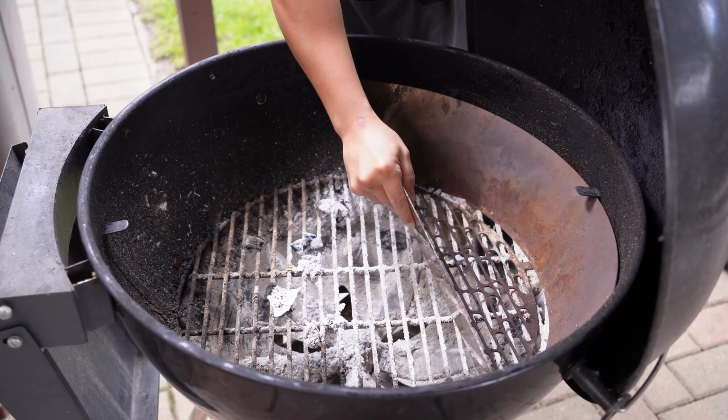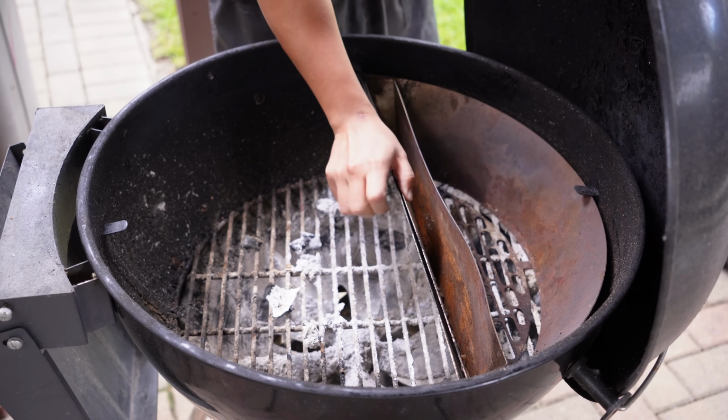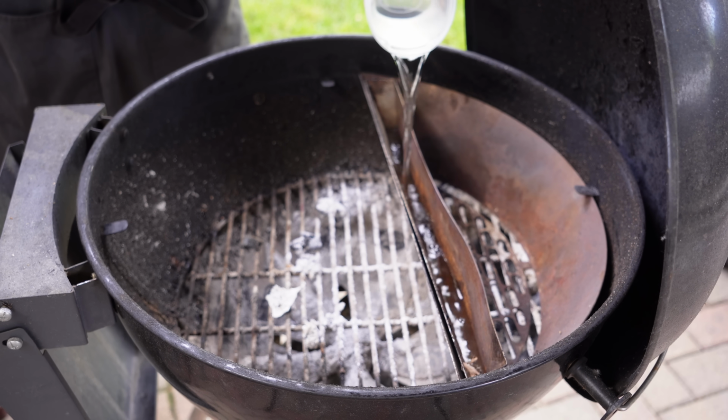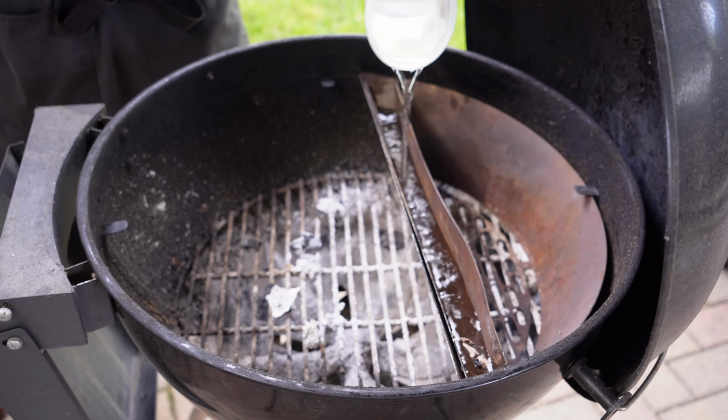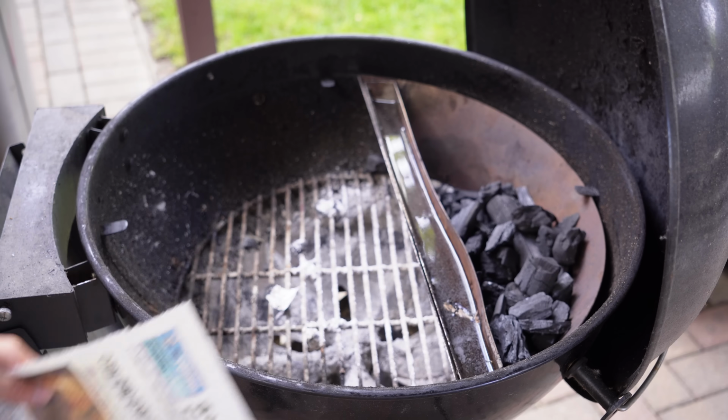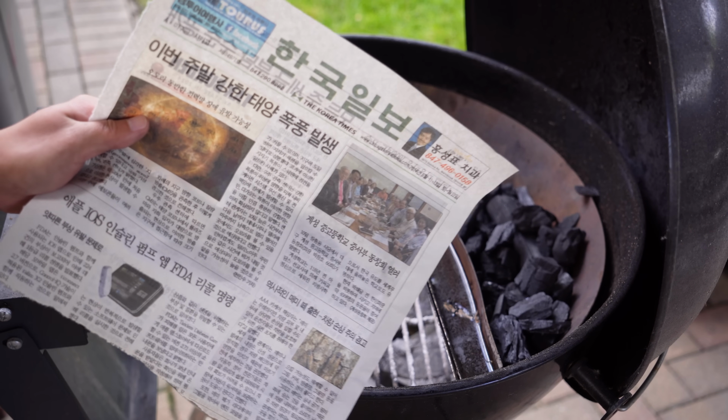Today, I'll be using my Slow 'N Sear with a water reservoir. If you don't have a Slow 'N Sear or a coal basket like this, you can definitely use the snake method or just mound some coals to one side as well. We're going to start off with some Fogo charcoal as our base, and as always, we're using some Korean newspaper,